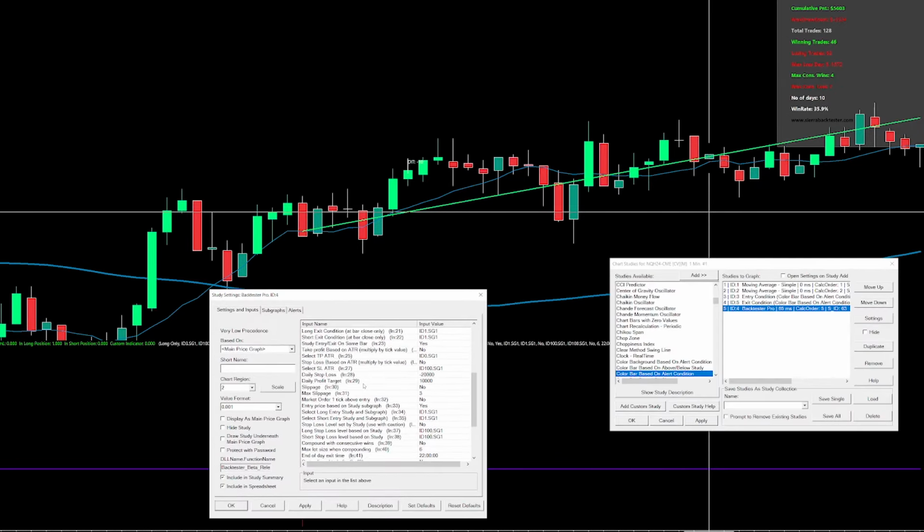We go to... come on, where was this? I've added too many features onto this now and I get confused looking at it. Need to find... there it is. So use study for take profit and click on yes. We add exit condition and make sure you select subgraph 1,